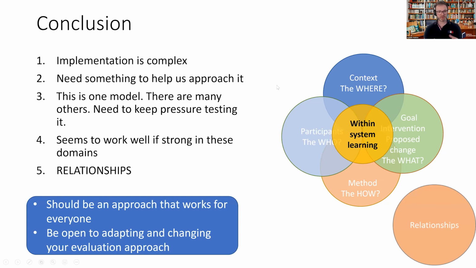So just to finish, this should be an approach that works for everyone. So whenever you're engaging, it's got to work. I said we contacted them every 2 weeks to do lightning reports. Well, it may be that for the people in the context you're working in, it's better to contact them every 6 weeks or every month. So just like we're expecting them to adapt to problems around implementation and steer the ship and adapt what they're doing to overcome problems,